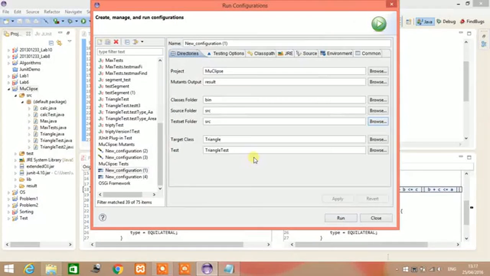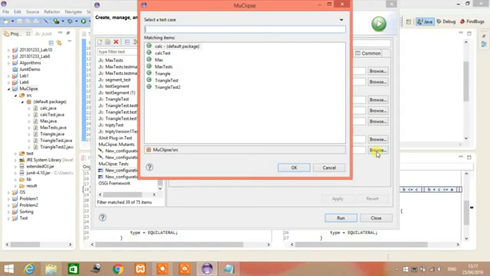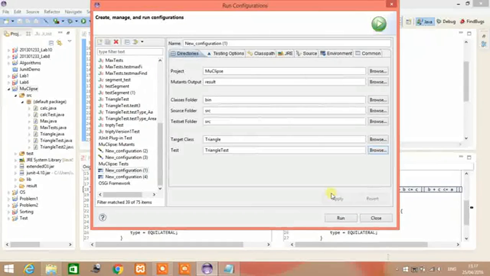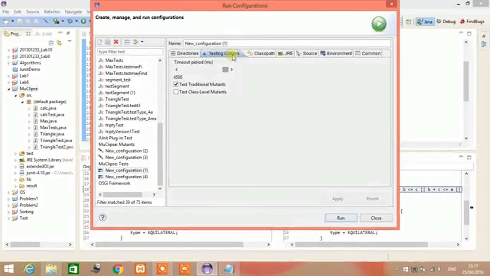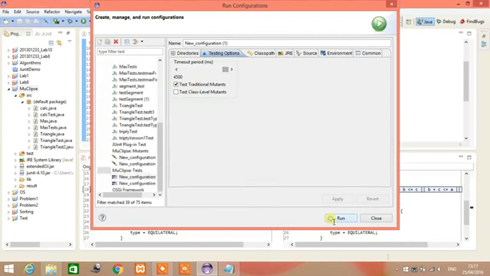In the last option, test, browse the class in which you have written your test cases. My test case is in the triangle test, so I choose that. You can see another option here, testing options. Just mark test traditional mutants and click on run.